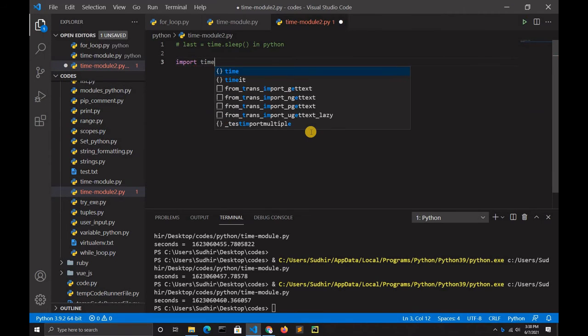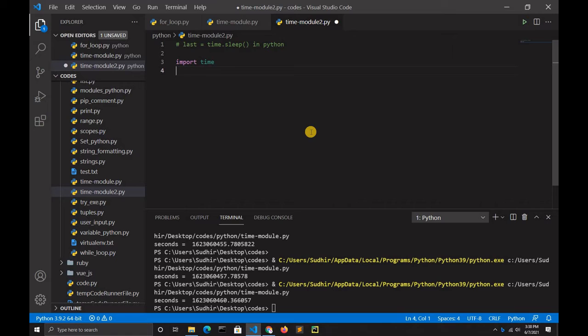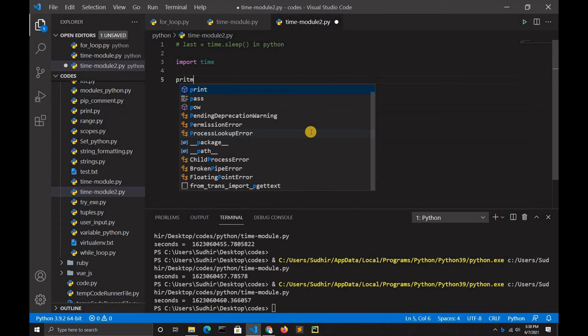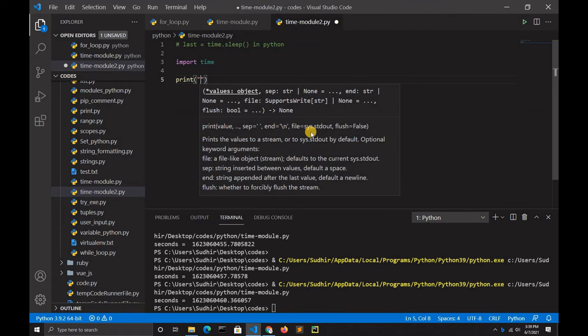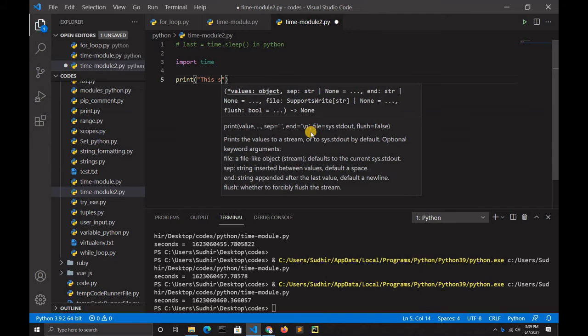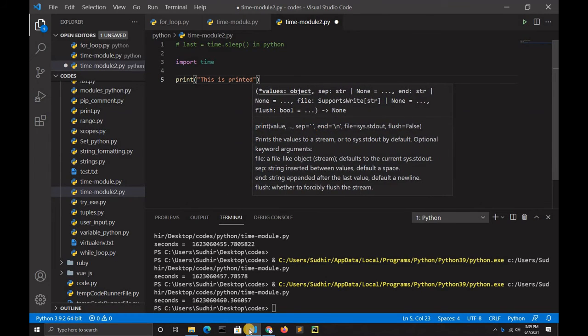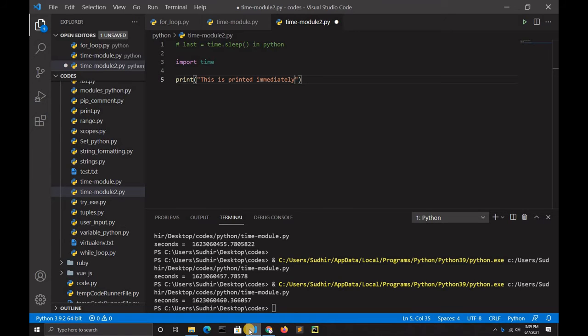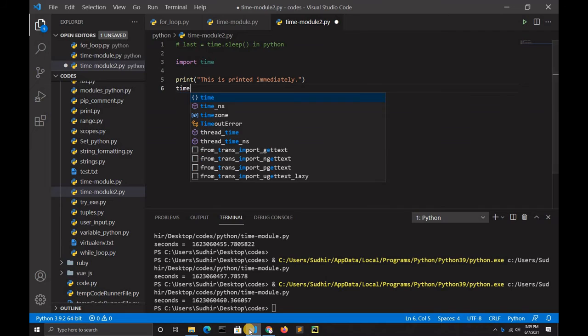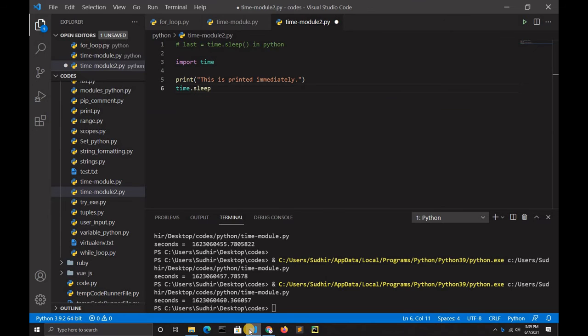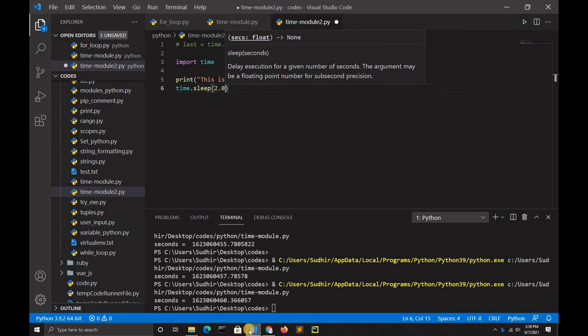Let's write the code. We have to type import time first, and then type print, this is printed immediately. After that you have to type time.sleep and then 2.0, which is seconds.